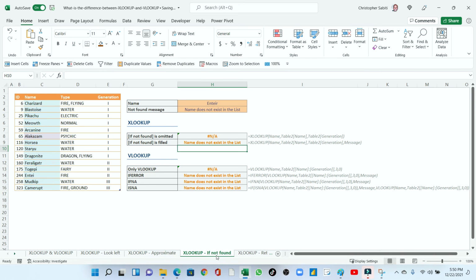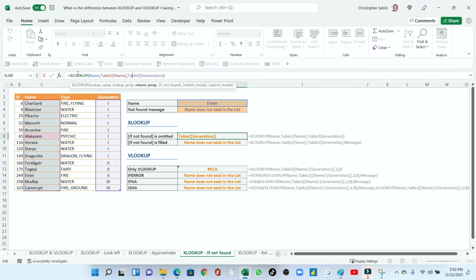Now we move to, I've already shown you this, that XLOOKUP has an option of bringing for you a message if they don't find the value. So here the same thing, we are looking up that name. If you omit the if not found, the lookup value is this, then this is the lookup array that is the name, then the return array, we want the generation.